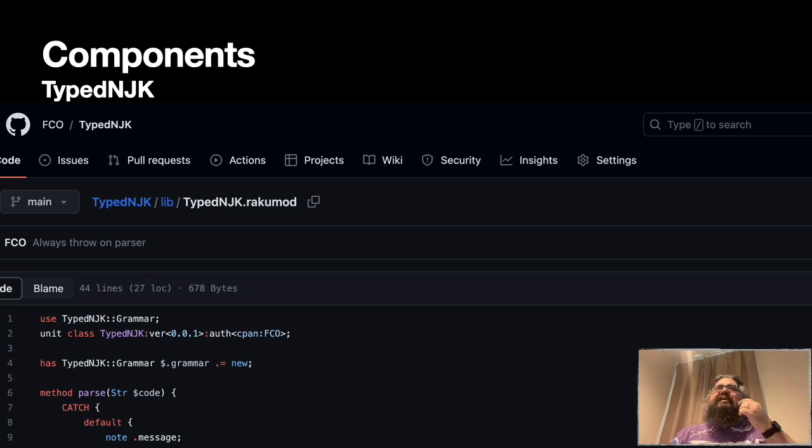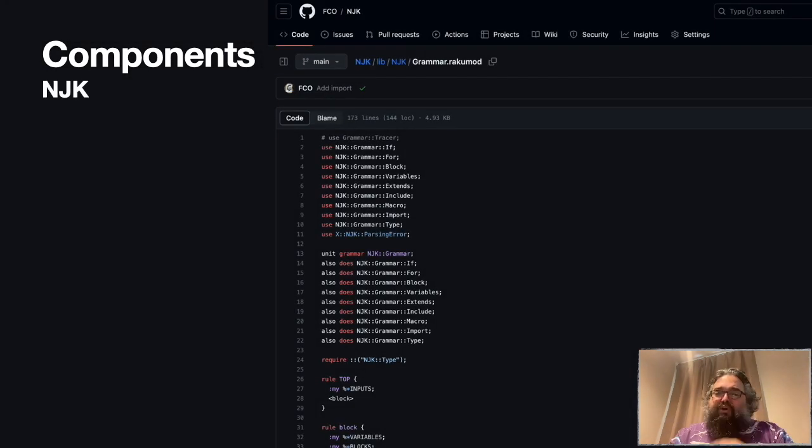Then I thought maybe instead of writing something that would parse the typed nunchucks code, and run that and generate HTML, maybe it would make more sense to write code that would read the nunchucks code and generate an AST that could be translated to anything, even to nunchucks itself, to run on nunchucks not typed. So that's how this model was created. It started, not finished yet, but